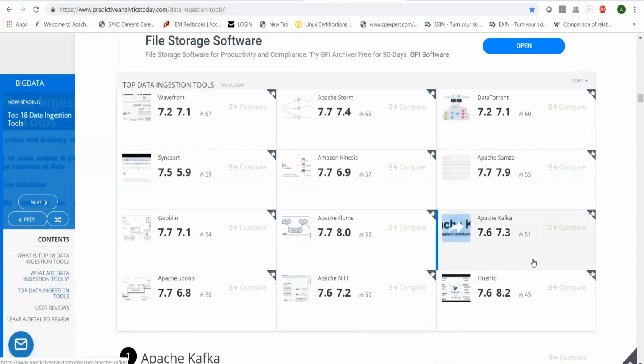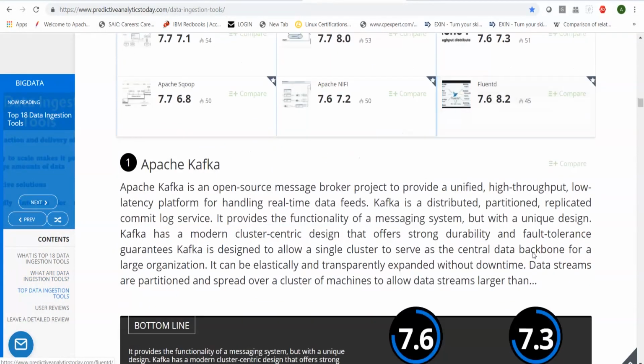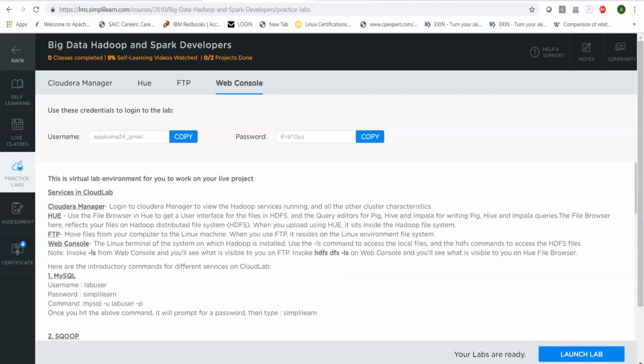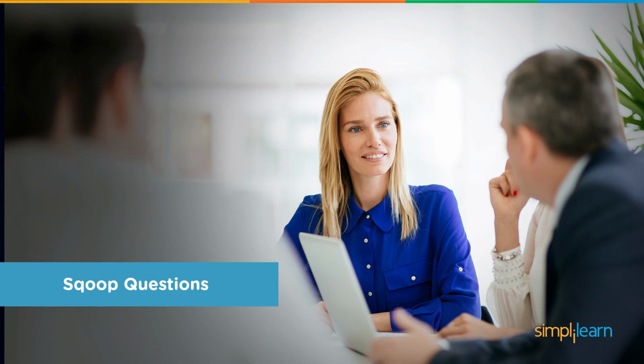Have a look at this link, which also gives you a comparison of different data ingestion tools. Here, let's learn some questions on Sqoop, which is one of the data ingestion tools mainly used for structured data, or data which is coming in from an RDBMS or is already structured, and you would want to ingest that.